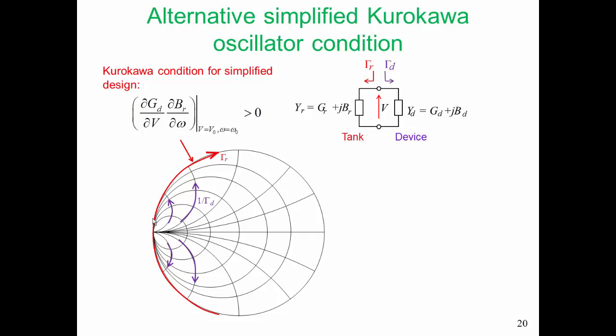Gamma R, still moving in the clockwise direction, can be as shown here, and 1 over gamma D will follow those purple lines there. As the magnitude of gamma D becomes smaller with increasing amplitude, 1 over gamma D will move towards the unit circle. And so we can use this interpretation for a fixed frequency oscillator with very low loss